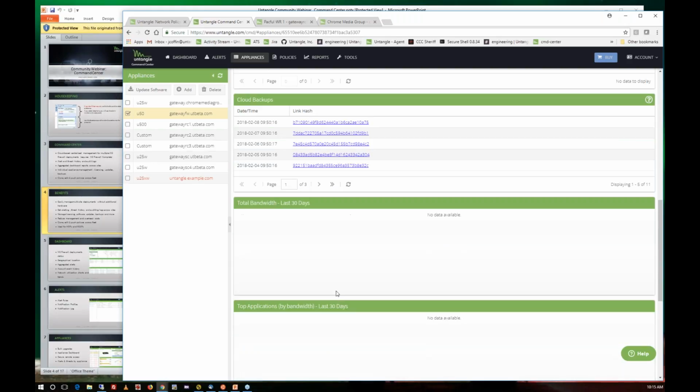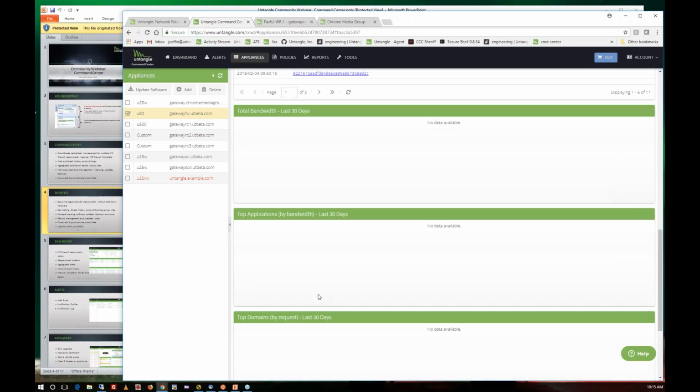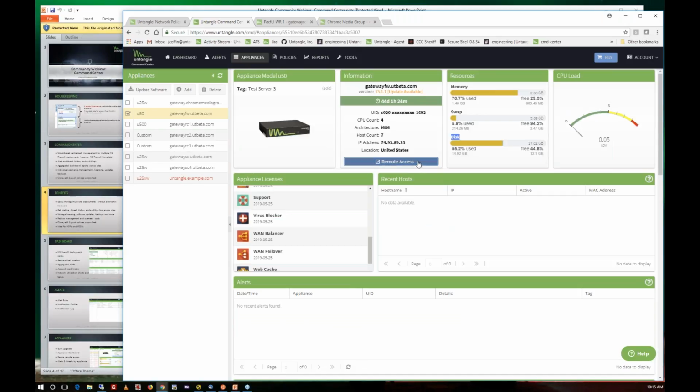I can look at my bandwidth. This particular box has had very little bandwidth at the time. Also, I can get my top locations, domains, and so forth, kind of everything I could do normally on the box. So if we go to the box itself,